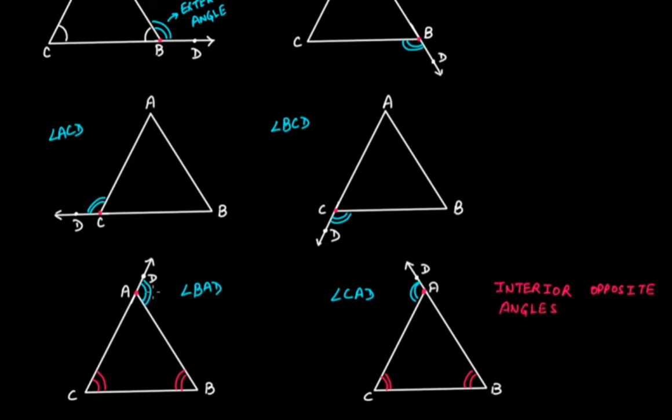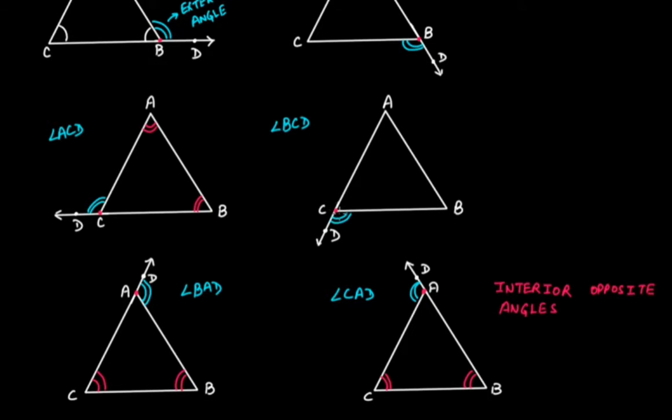Again, at the vertex A you have an exterior angle. Here also you have an exterior angle. Therefore, the interior opposite angles in this case will be the interior angles at vertex C and vertex B. Similarly here also, this is our exterior angle at vertex C. Therefore, the interior angle at vertex A and the interior angle at the vertex B, even in this case,